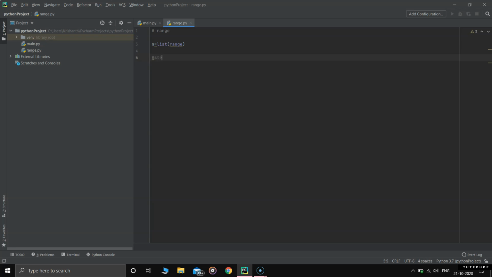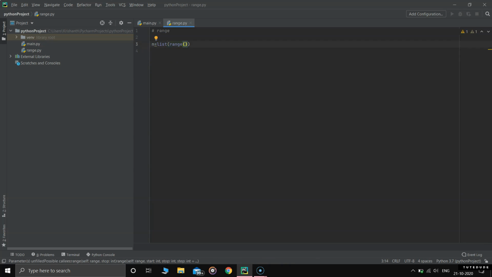You might have learnt converting a string to an integer. Whenever you want to convert something to an integer, you'll use int of. Likewise, I would like to convert it to a list, so I'm using list of. That's all about this, a small concept. So I'm using list of, and now I'm going to give this range function and I'm going to give a